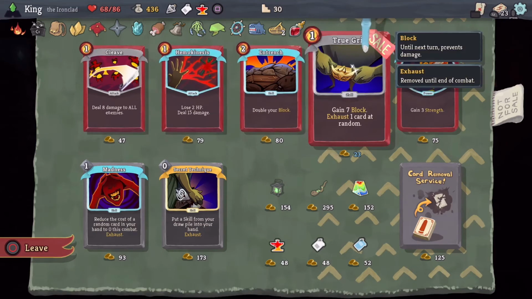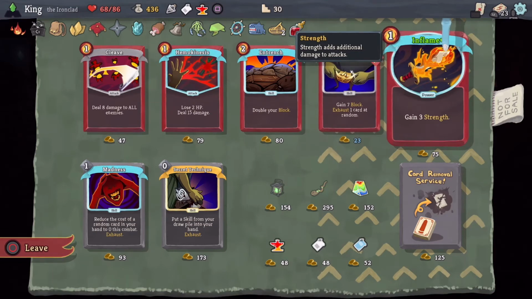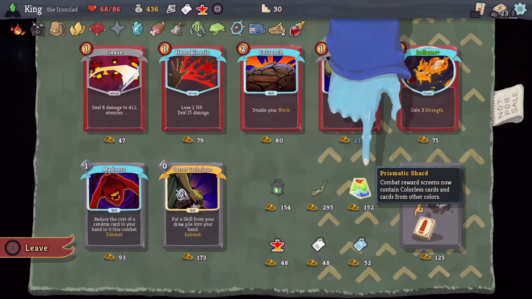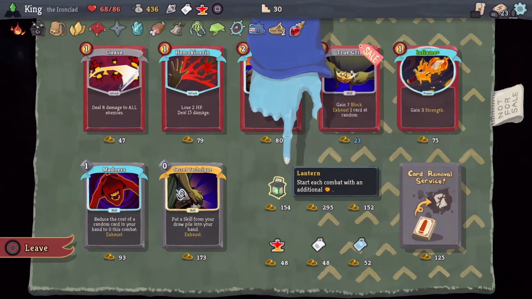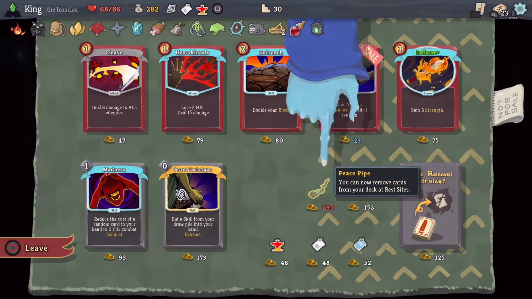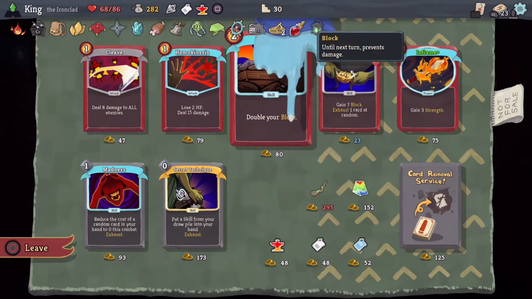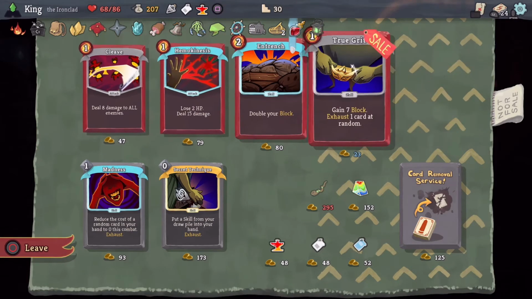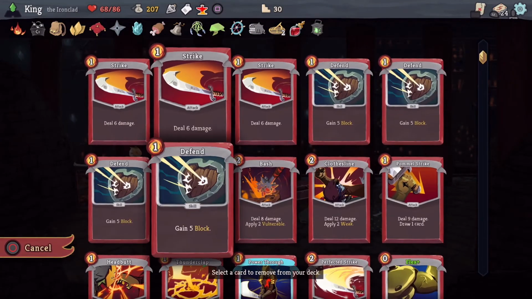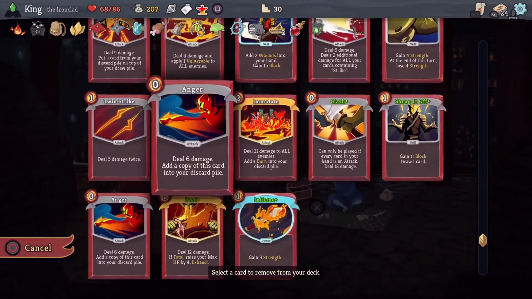Leave is nice. Figures now we get something that would work with that other card. At rest sites, sounds good. Start each combat with additional energy. But now I fell short on this. I will get rid of...